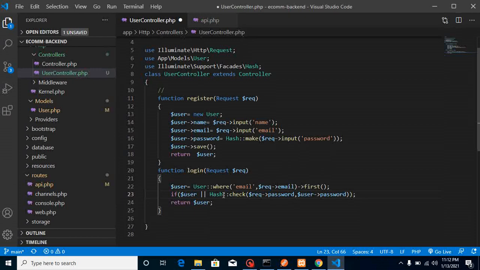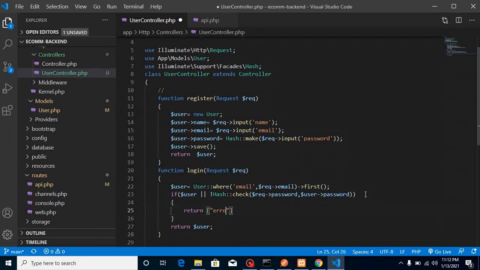And it should not be, if this is not matched, then what we can do here is simply return something like an array and just put error.